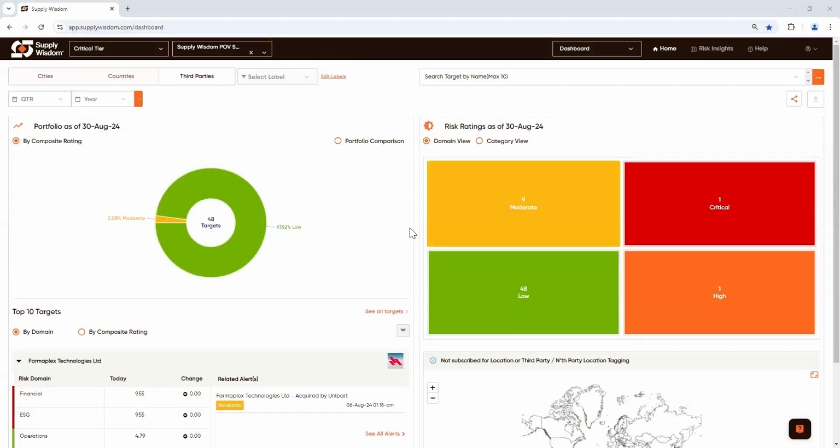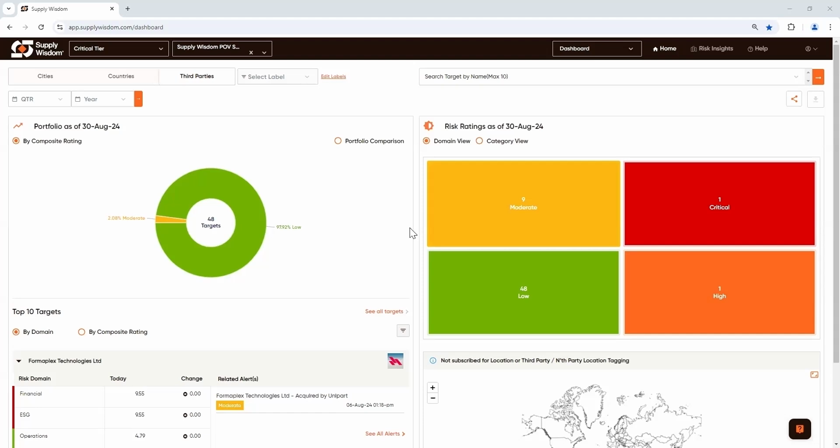So we've taken a look at our homepage dashboard, at our profile level view, and all of the metrics contained within the profile level view for third parties, for countries, and for cities. Something to emphasize now is that although that profile level data is extremely comprehensive, extremely valuable, the burden is not really on the individual user to go digging through that data to discover vulnerabilities that are emerging,